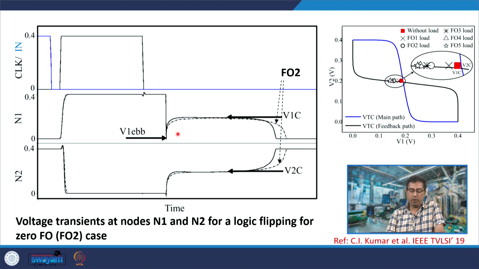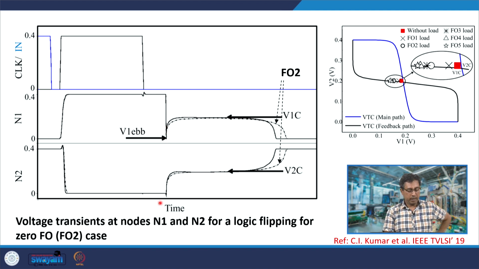So, if we look at the transient phenomenon, this is how the metastable point is reached. This node N1 should be pulled to a sufficiently low value so that you get to the metastable point. Suppose it is pulled down not to this V1 ebb, but to a value